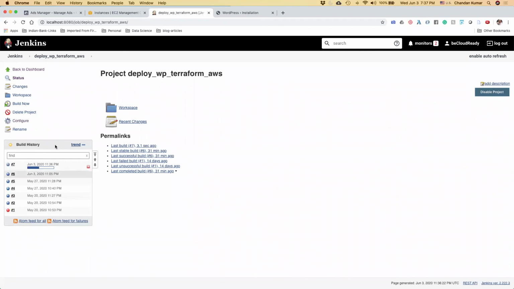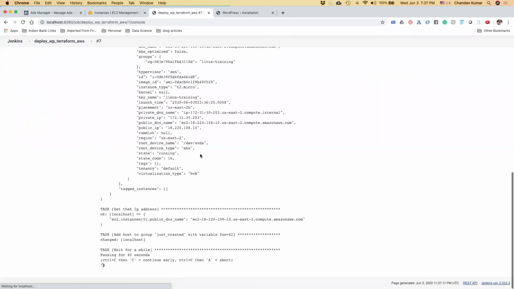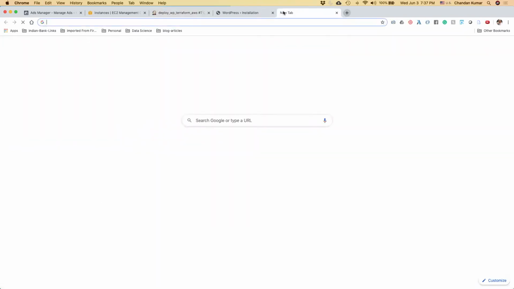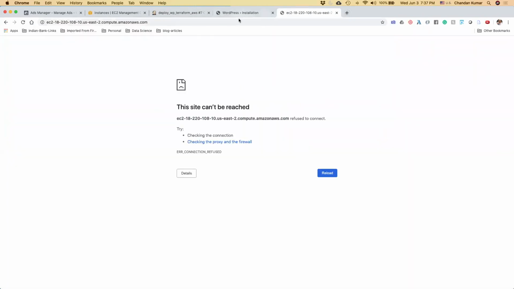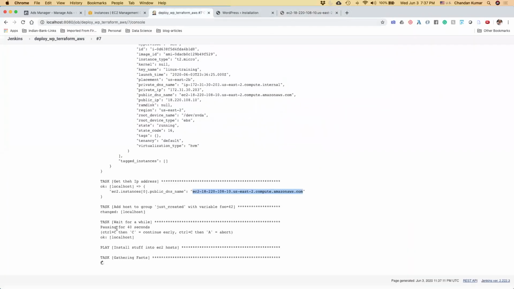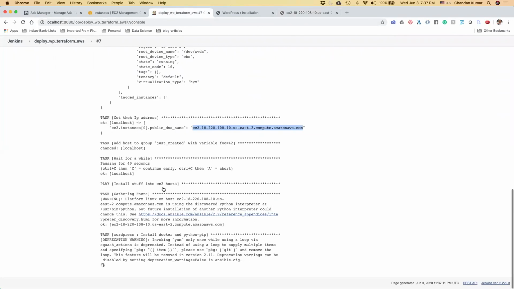You can actually track the progress of it, what is going on right now. If I click here, you see the output is giving me the IP address I got from AWS. I just go here and press it. Now it's not up yet, of course, and I have to wait till it actually comes up. Meanwhile, let me quickly show you the whole architecture diagram of what we are doing.